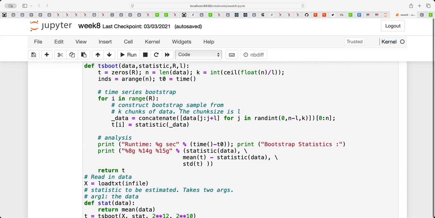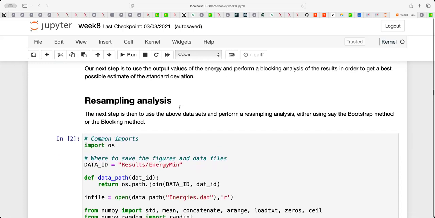And for those of you who have taken a course in machine learning, you have already encountered methods like the bootstrap method, which is a popular resampling method together with cross-validation, which is another resampling technique. So in statistical analysis, there are many of these methods. And then the question is, which one should we use? Okay. So I hope the overarching message is clear.